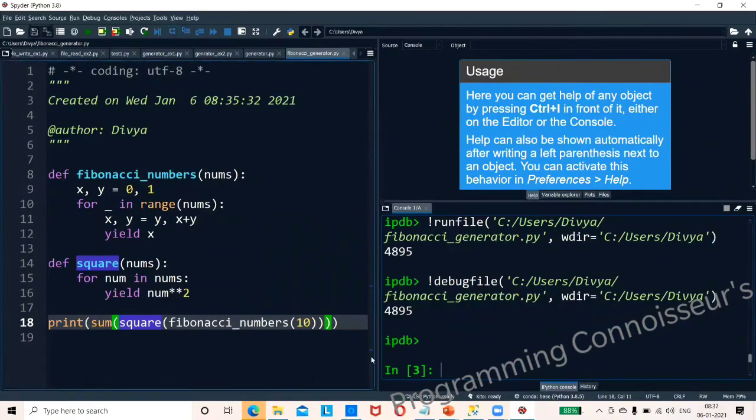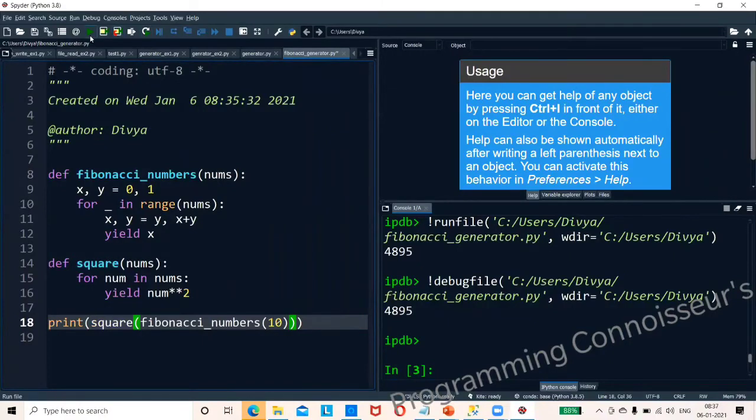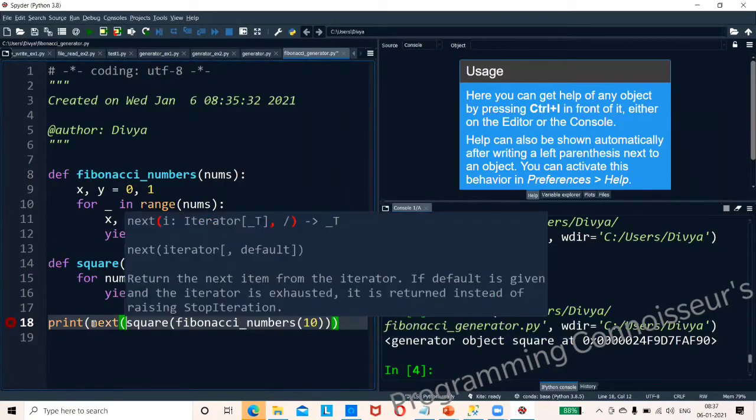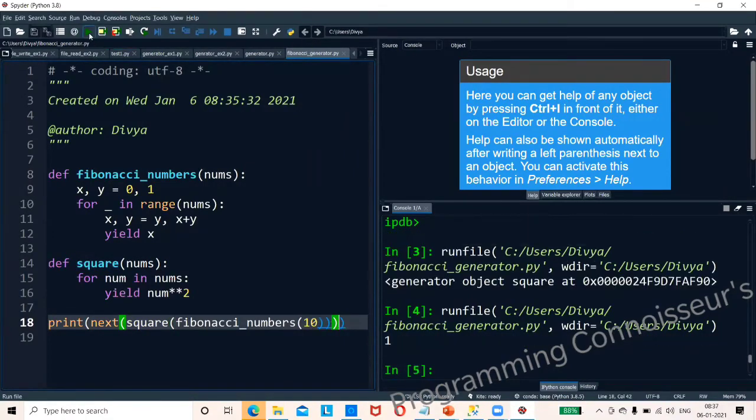So is that value correct or not? How will we check? First of all, rather than a sum, we will check the square. So obviously we need to go for 1.